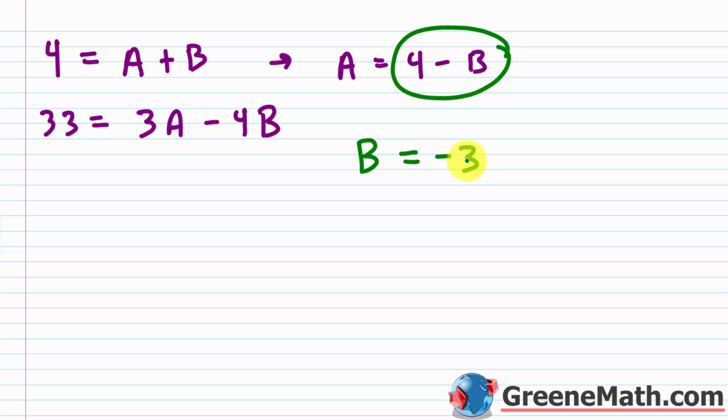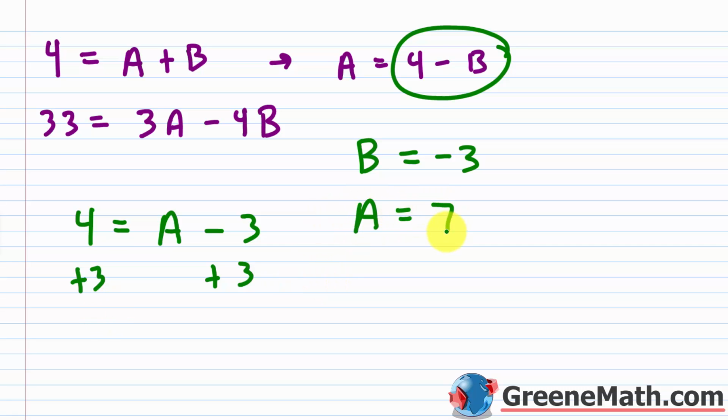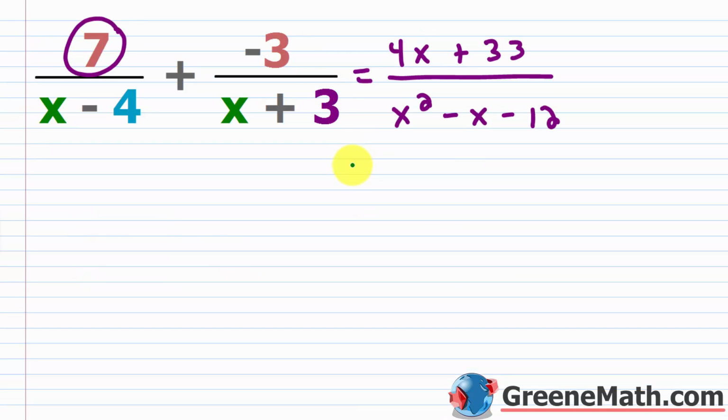And let's find a now. So if I plug into this simpler one, 4 is equal to a, and then you have minus 3. Add 3 to both sides of the equation. And of course, we find that a is equal to 7. Okay, but again, we already knew that. So b is negative 3 and a is 7. So if I come back up here and just write my answer, a is, again, 7, and b is